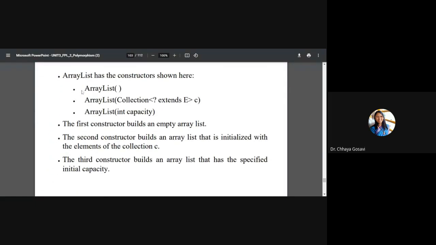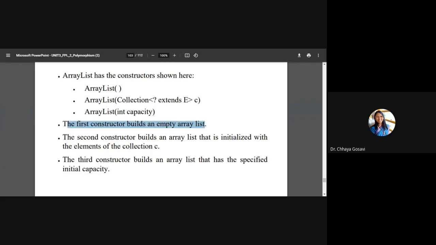To create an array list, there are 3 types of constructors available. You can create a blank array list with the default constructor, you can pass a collection, or you can pass a capacity. Capacity means the size of the array list. The first constructor builds an empty array list.